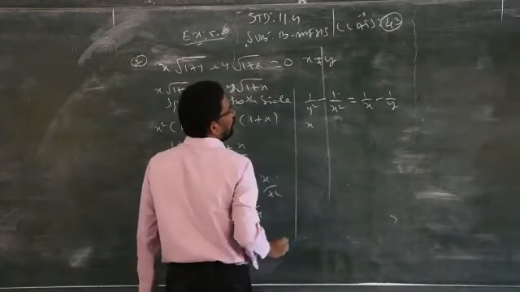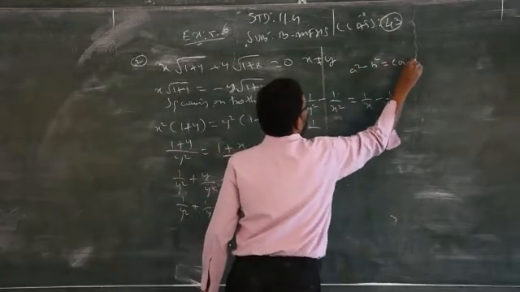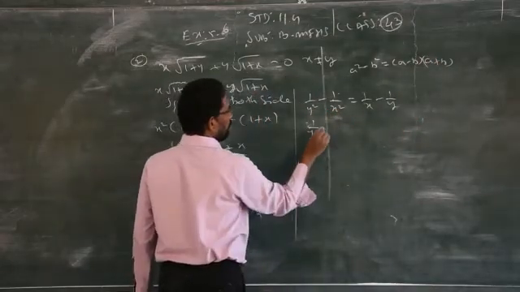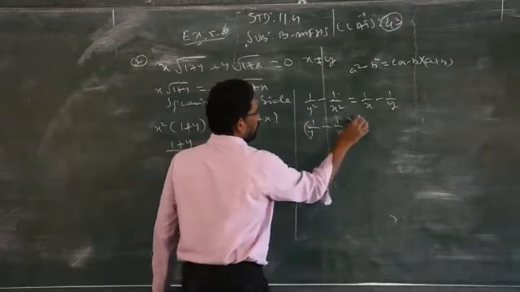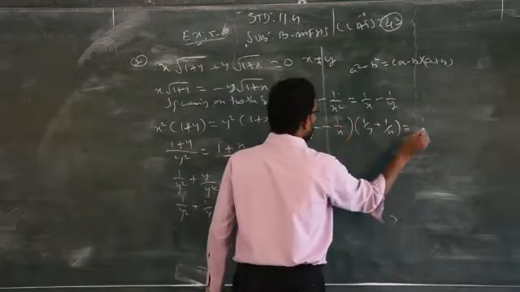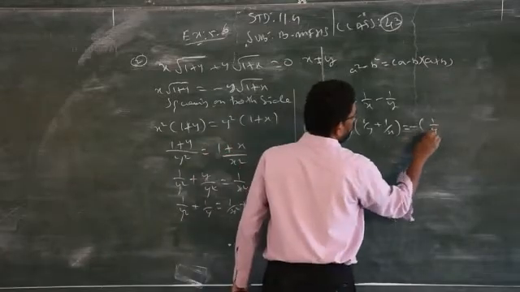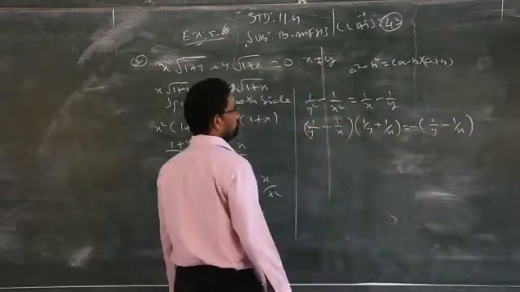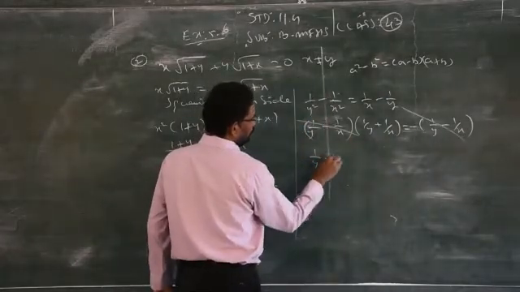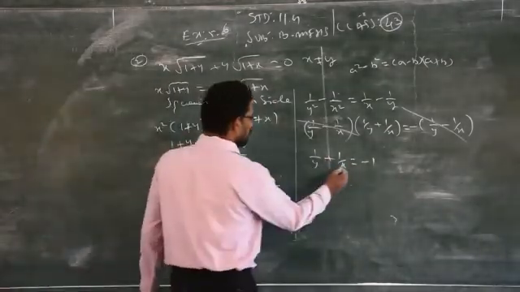You have to apply the a square minus b square formula, that is a minus b into a plus b, for the left side. That is 1 by y minus 1 by x, 1 by y plus 1 by x, based on the formula, is equal to, I am taking 1 minus outside to get the relevant answer, 1 by y minus 1 by x. Clear? Now this will be straight away eliminated. I got 1 by y plus 1 by x is equal to minus 1. It's clear? So I am just applying that.